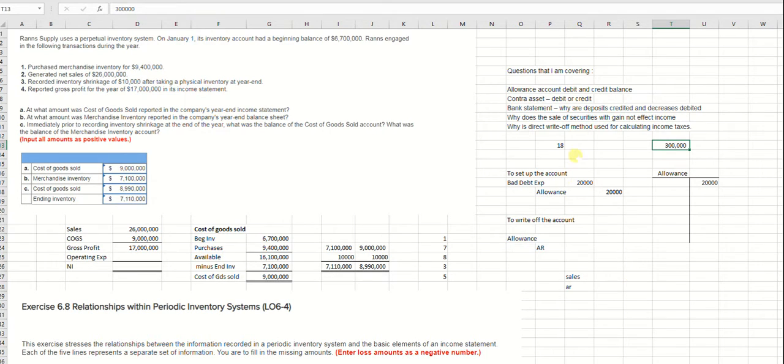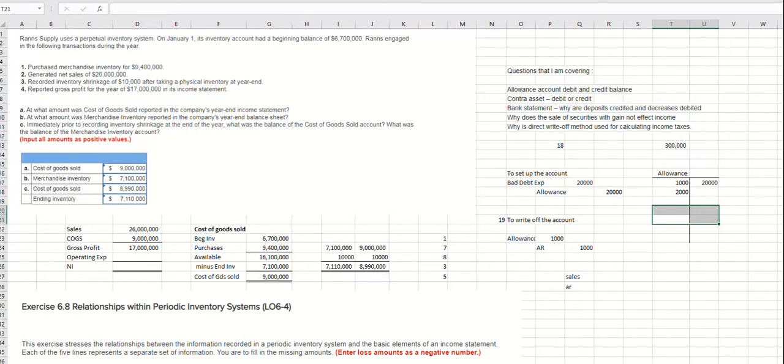During 2019, I write off some accounts. So let's say I write off a $1,000 account because they went bankrupt. There's my journal entry. So notice I debit the allowance. Okay? And I keep writing them off. So I write off a $2,000 account, etc. So all through 2019, I write off the accounts. So let me total these up here.